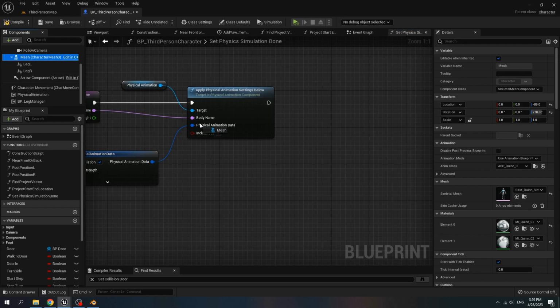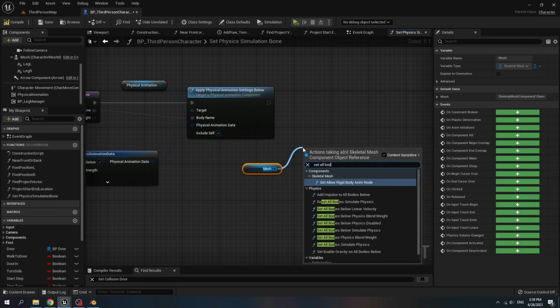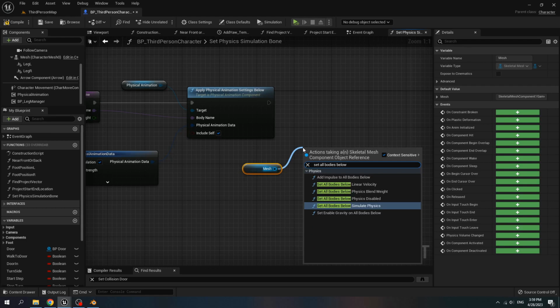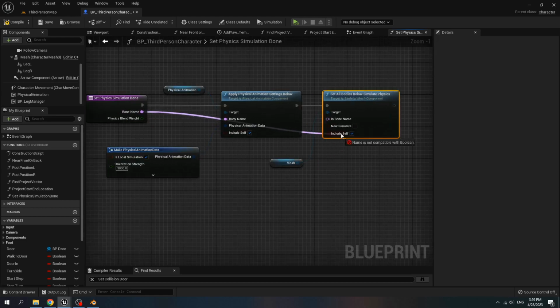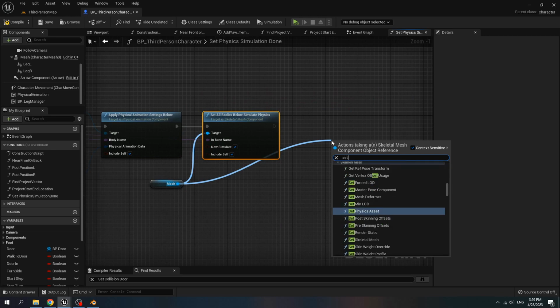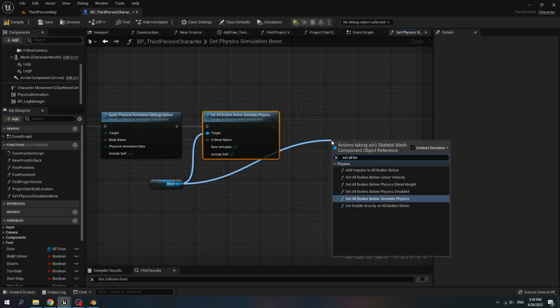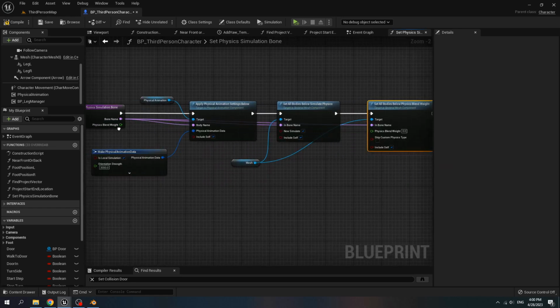Then get mesh. Set all body below simulate physics, and connect the bone name to in bone name, and click on new simulate. Set all body below physics weight, connect the bone name to bone name, physics weight to physics weight.